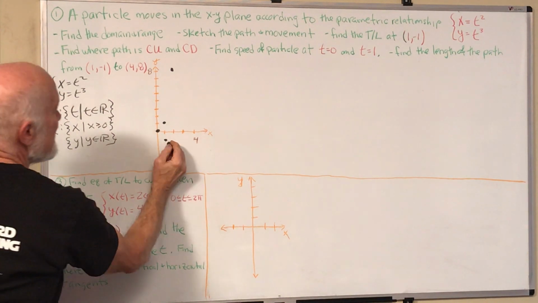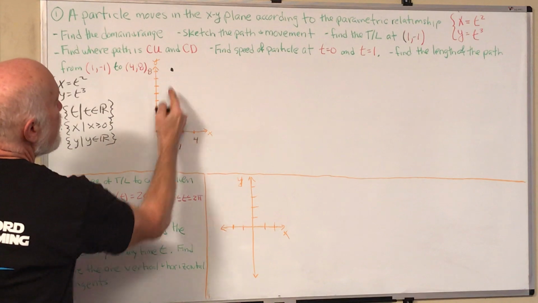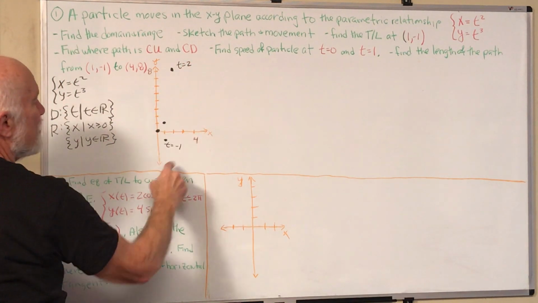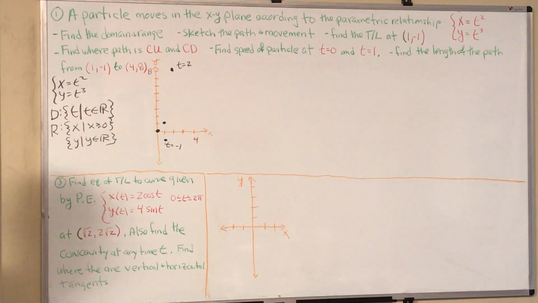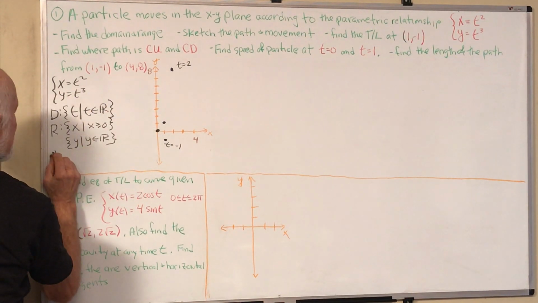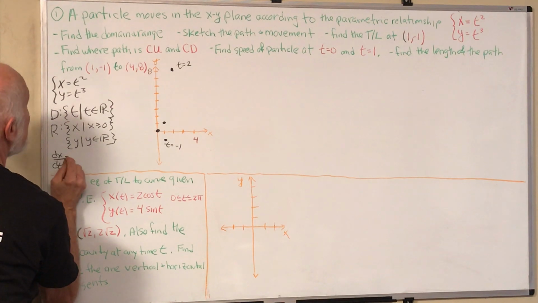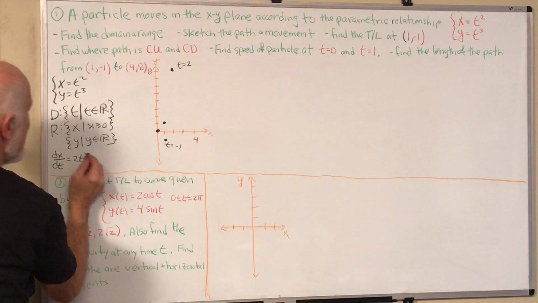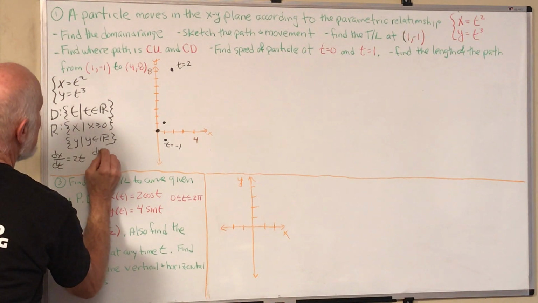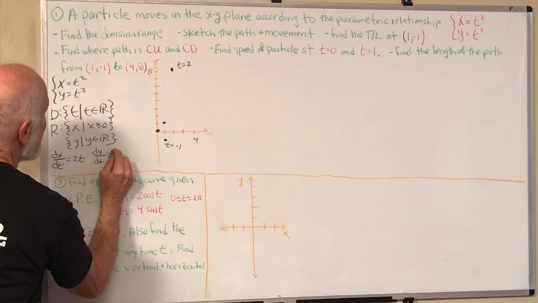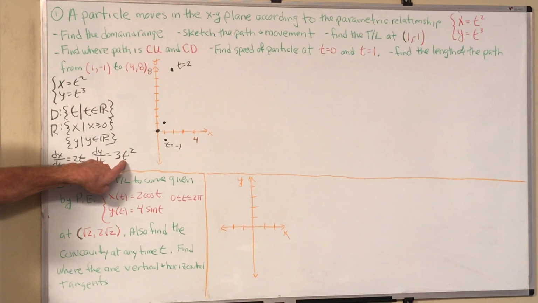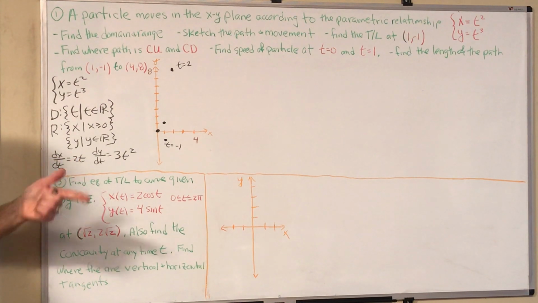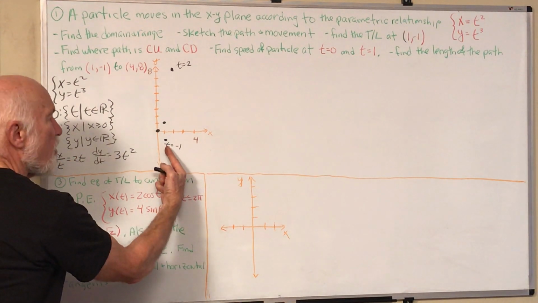We started there at t equals -1, and this was at t equals 2. So we have the feeling that the motion is kind of going up like this. Now, how could we kind of prove that? dx/dt is 2t, and dy/dt is 3t squared. So no matter what value of t you put in here, y is getting bigger as t is getting bigger. So it's moving up. So we know we're always moving up,